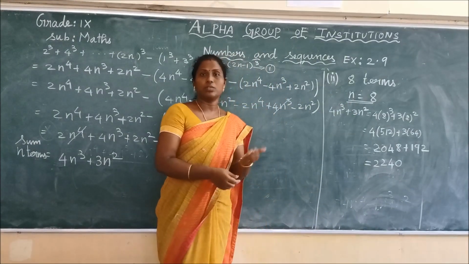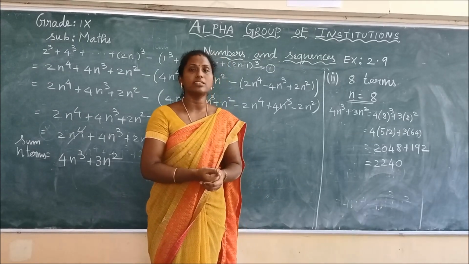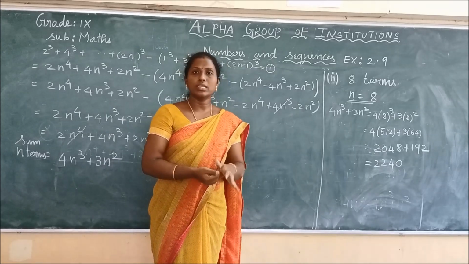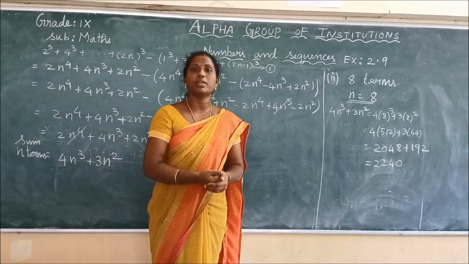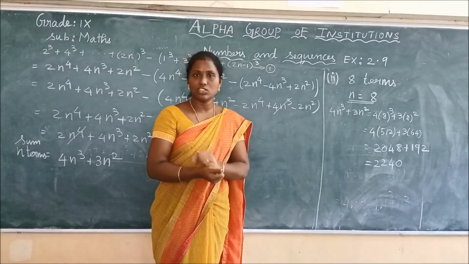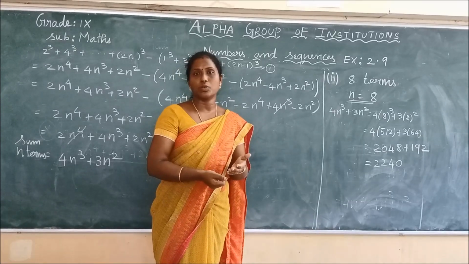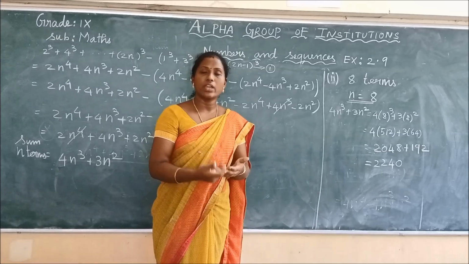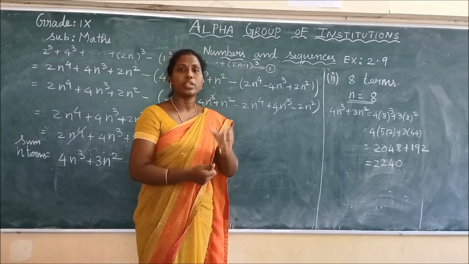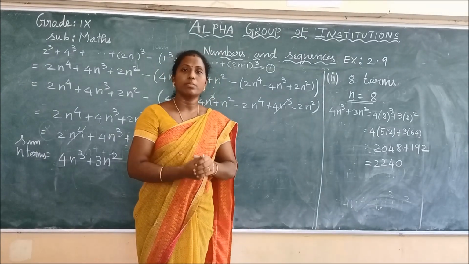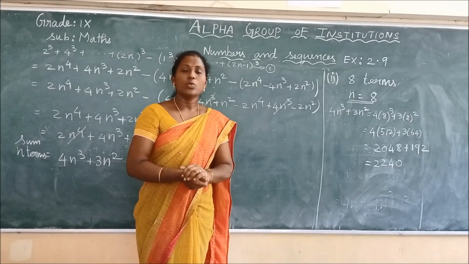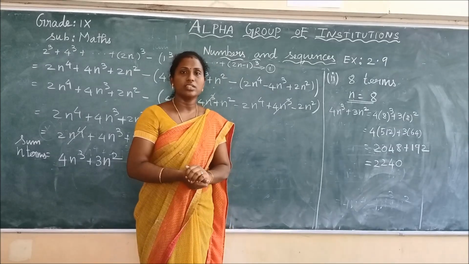So with this, totally 7 problems we have completed in this exercise. Based on this way, you have to solve your example problems as your homework. With this exercise we have completed the second chapter, Numbers and Sequences. Each and every problem in this chapter is different, based on different formulas also. So be clear with each and every formula that we have to use. Read the formulas thoroughly, because based on the formulas only we are solving the problems here. Revise the chapter thoroughly. Yes children, thank you.